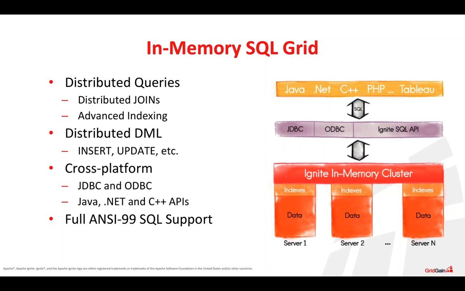And thanks to this engine, you can easily reuse the knowledge you got while working with relational databases, because you will not be required to re-implement your whole application from scratch. You can reuse the same queries you used for, let's say, your MySQL database, making sure that all these queries